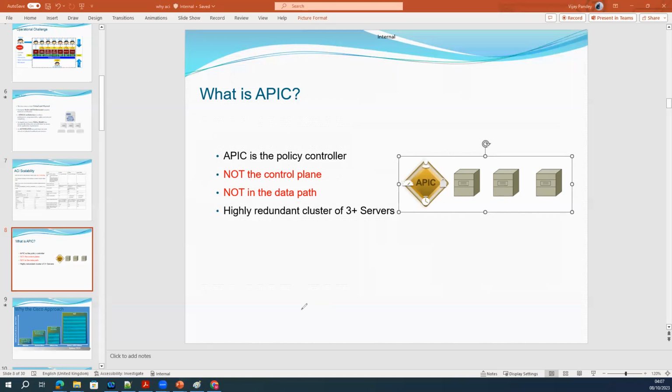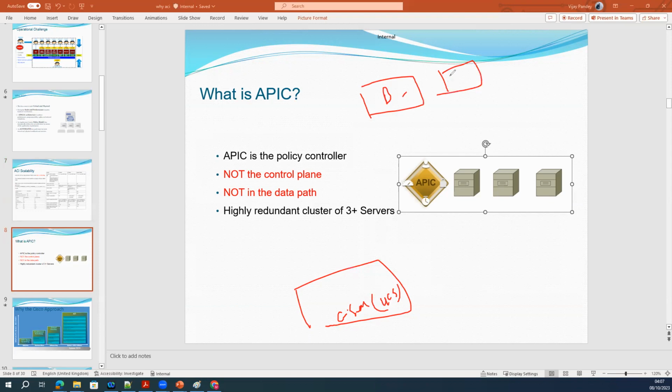So suppose you have one C series server, Cisco C series UCS server. You cannot randomly pick any UCS server and install the APIC. No. Cisco has two types of servers, right? B series server and C series server, UCS server.